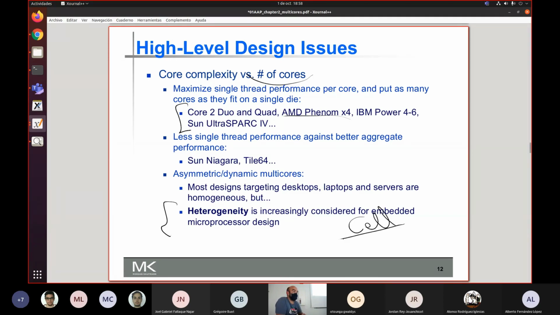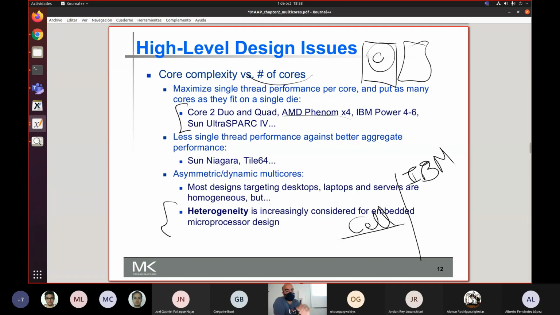The cell processor was from IBM. Okay, so it's a processor from IBM. And the idea of this processor, if I don't remember badly, is that it has 1 or 2 cores. I don't remember how many. I believe it was one processor that was a complete processor, able to execute any kind of task. And then it had like an array of 4, if I don't remember badly,